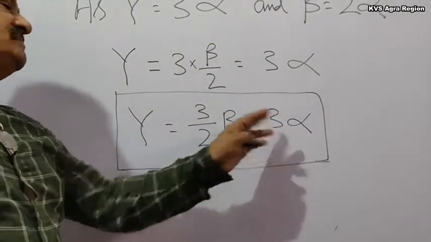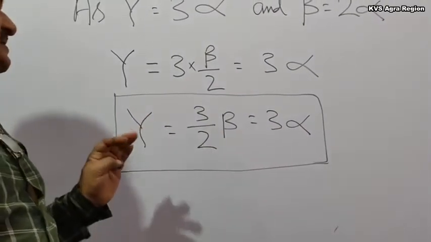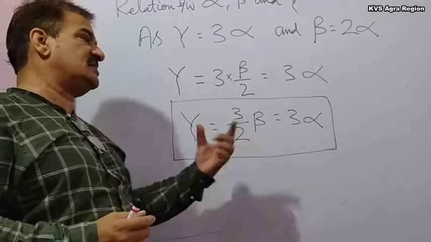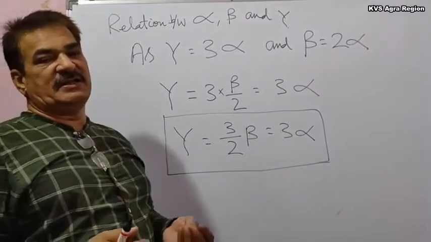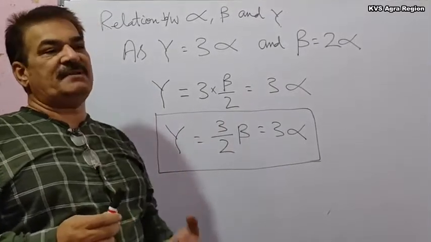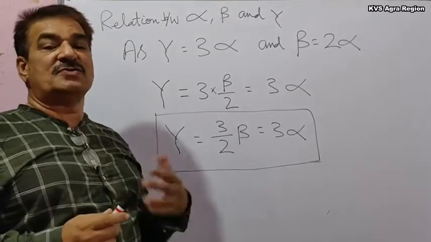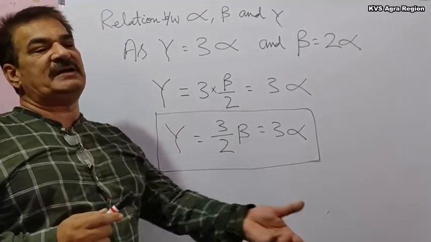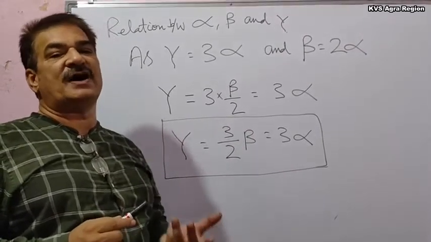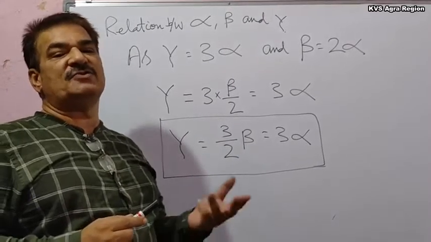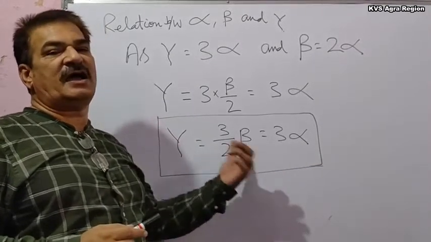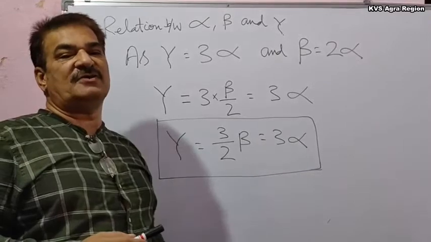So beta is 2 times alpha and gamma is 3 times alpha. So when you go for solving numericals based on these coefficients of expansion, you may not be given the value of beta and gamma. There may be just the value of alpha. So whenever we need the value of beta, we will double the value of alpha. And in case we require the value of gamma, then we will multiply the value of alpha by 3. So in this way we can get the value of beta and gamma if we have the value of alpha.